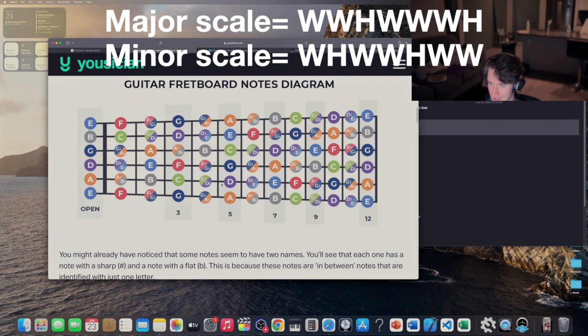If you want to go to 5, you just move up to here, bar this, do the same shape, A major, and then go wherever you want. And then same thing for the D string. If you know how to make the D major and D minor chords, then you can do that anywhere across